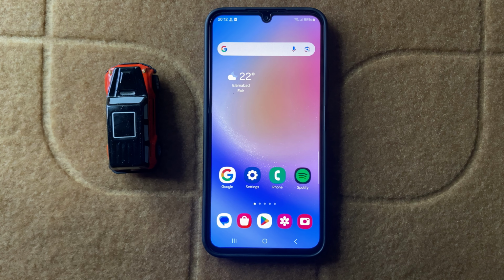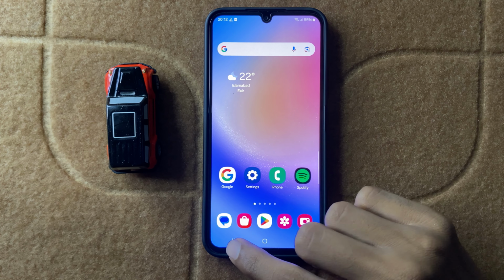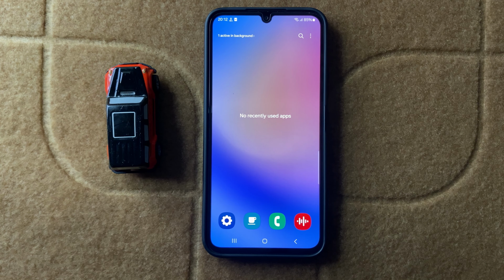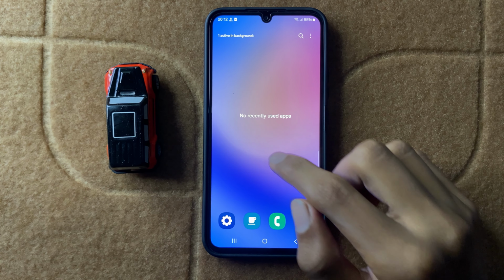After checking the network connection, then reinsert your SIM. After reinserting your SIM, your problem will be fixed. If it doesn't fix your problem, then open